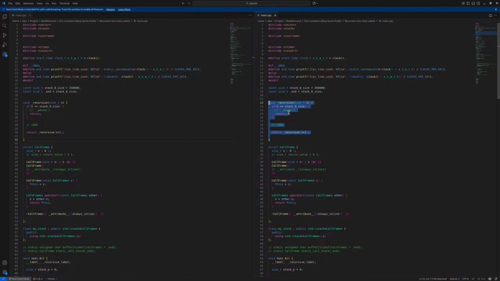sort of label, I would say. And just to showcase and demonstrate how difficult it is to convert a recursive function into a set of jumps. However, you of course get the benefit of great performance, and I've seen